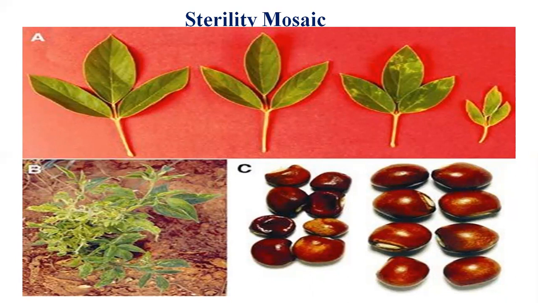Causal organism is pigeon pea sterility mosaic virus, that is PPSMV in short. So the basic symptoms you can see on the top image. It's the first stage of symptom on the leaves, then second, then third, and the fourth. So this is the leaf pattern. It looks normal in the first image. Then it changes to somewhat chlorotic patches on the leaves. So somewhat light yellow color pattern can be seen. The normal mosaic pattern can be seen on the leaves. Then it changes to heavily chlorotic patches.